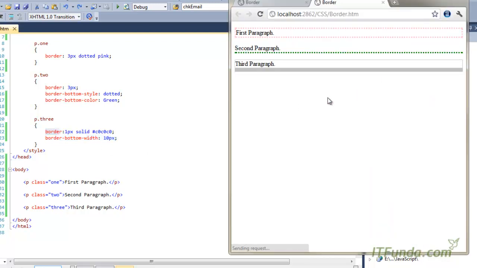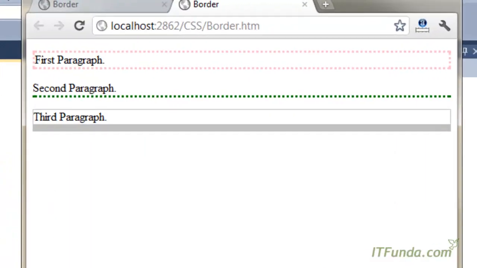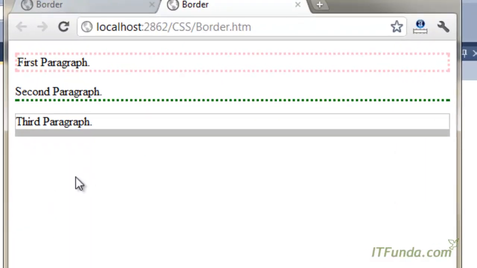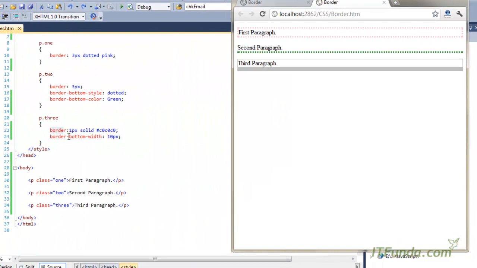So in order to work with the border width, you must have at least a border specified. Now you can see that I have specified the border and we have specified the border bottom width. So you can see that the bottom border is coming with the 10 pixel width and rest all side border is coming with 1 pixel width.